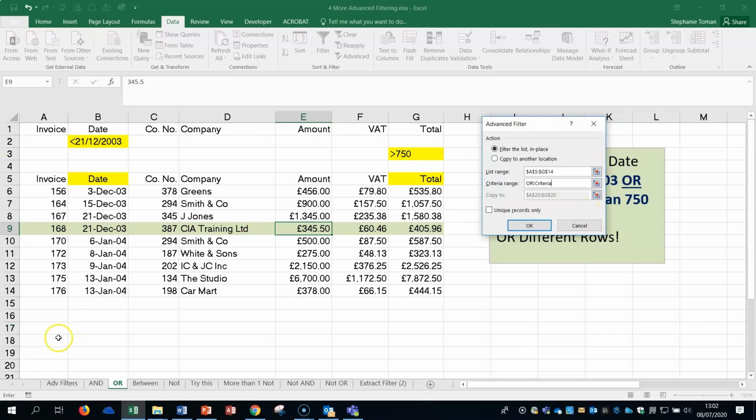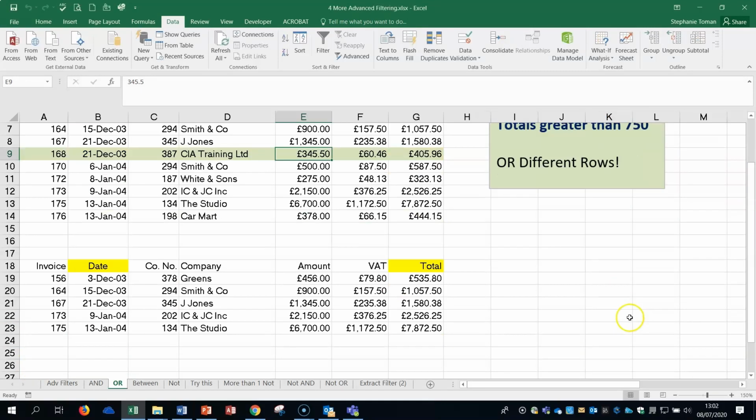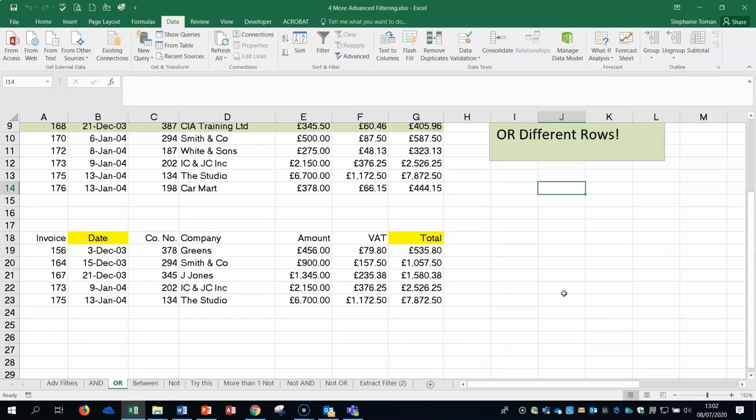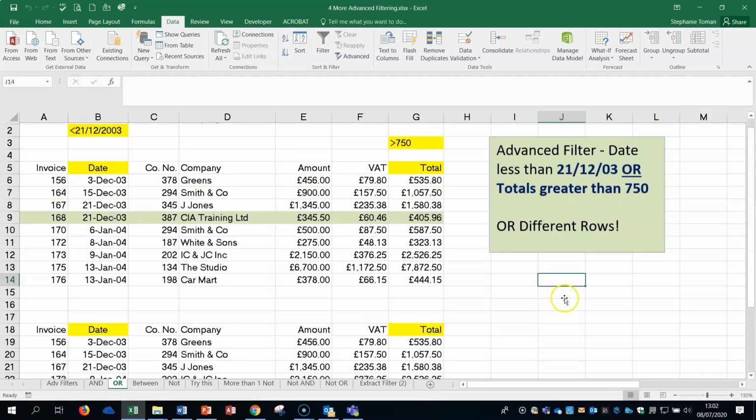OK, this time we're going to extract the data and put it at the bottom. That's the filtered data. So if we do a copy to another location, they call it extract. And then you click on the copy to there so you know where you're going to put it. Let's put it in A18. Drop that down and OK. And then your filtered data is below the original data, which I always find much more useful, but everyone's different. So if it's not a snapshot and you want to keep it for a bit longer, extraction is always a